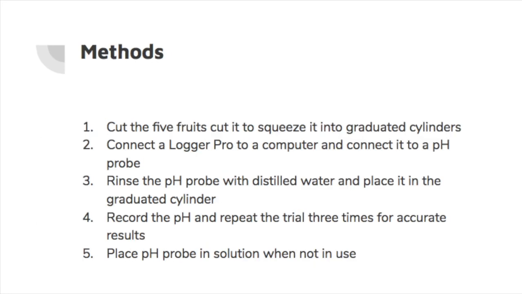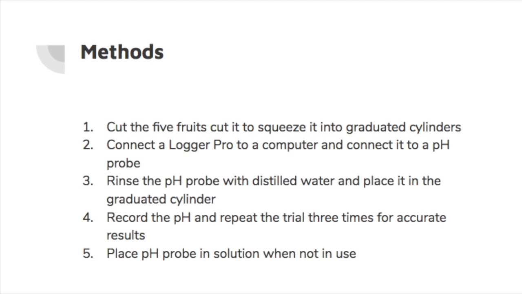To do this experiment, we had to connect a Logger Pro to a computer and connect it to the pH probe in order to get it ready to use. Second, we had to cut all 5 of the fruits. Once again, it was the orange, grapefruit, lemon, strawberry, and pineapple into the graduated cylinders. Use each of them cut in half by knives and squeezed. Third was to rinse the pH probe with distilled water and place it into the graduated cylinder for a couple